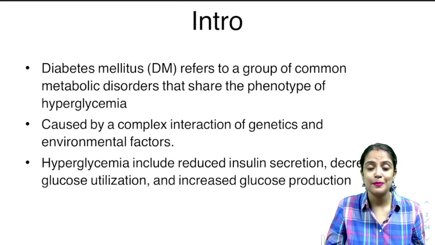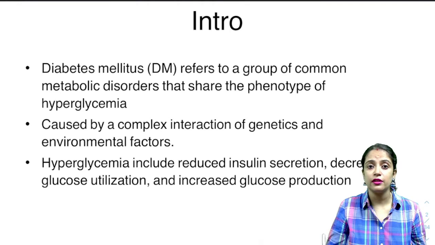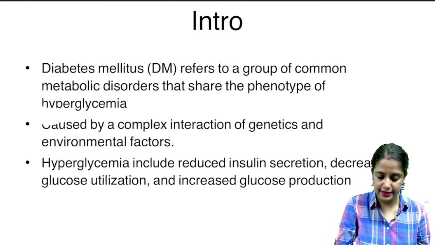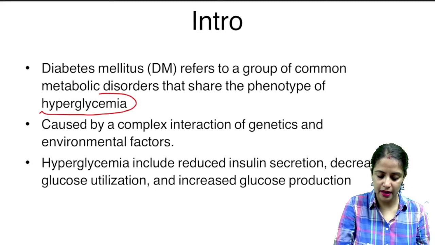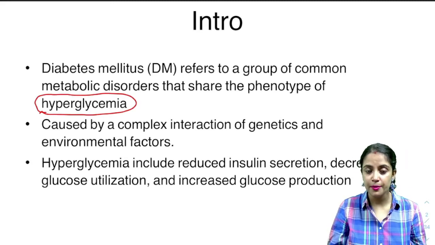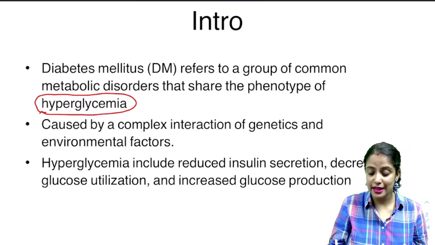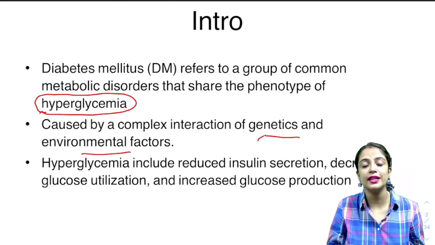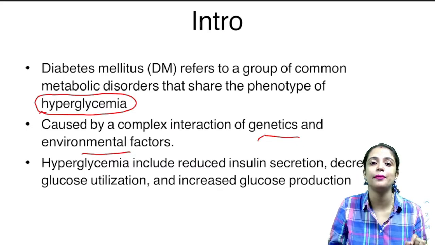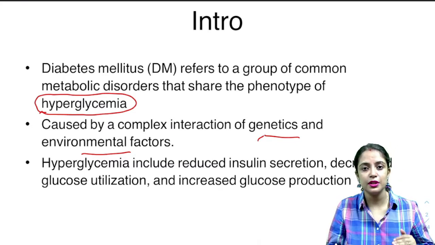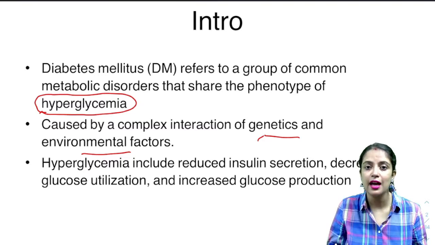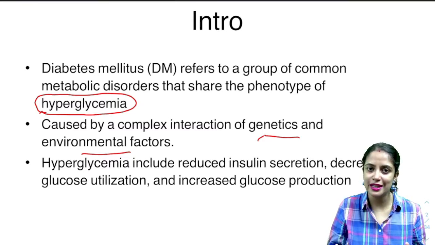What is diabetes? Basically, it is a group of common metabolic disorders which share a common phenotype of hyperglycemia. So hyperglycemia is the most important word. It is caused by a complex interaction of genetic factors as well as environmental factors. It is not that every person will develop diabetes. Only those who are genetically susceptible will develop it, so there should be an interaction between genetic and environmental factors,